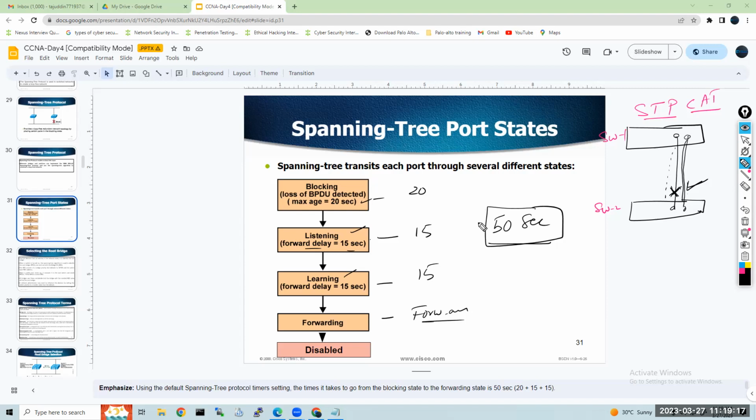So now what happens in real time, guys? 50 seconds is not acceptable. It's almost 1 minute, near to 1 minute. In the production network, in real time, this is not acceptable. Even if it is a 1 second block, it's completely gone. It's not acceptable. Okay, for the solution, they have come up with PVST, RSTP